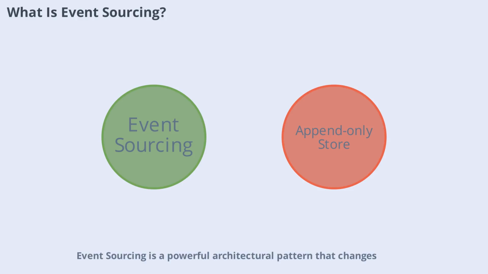Event sourcing is a powerful architectural pattern that changes how data is stored and managed in complex systems. Instead of saving only the current state of data, it records every action or event that happens to an object in an append-only store. This means you have a complete history of changes, not just the latest snapshot. The event store becomes the system of record, enabling you to reconstruct the current state of any entity by replaying its events. This approach brings significant benefits in terms of performance, scalability, and auditability, especially for high-load applications where traditional